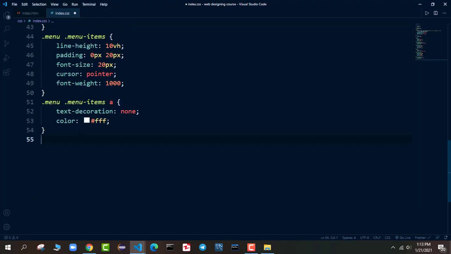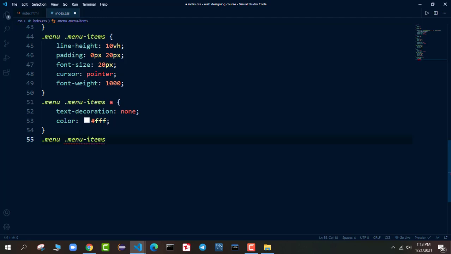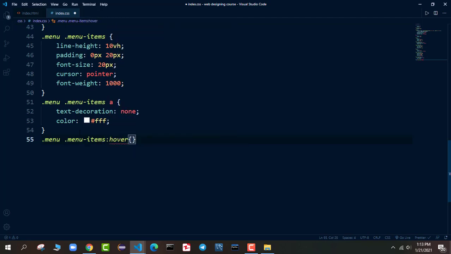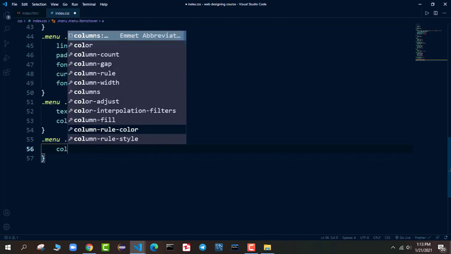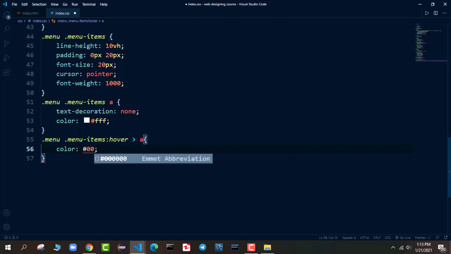Now let's apply the hover effect. So we say dot menu. In the menu class we have dot menu items. Whenever someone hovers on this menu items class, you need to go and add this effect on the anchor tag. What is the effect? The effect is that the color should become 008FE7.